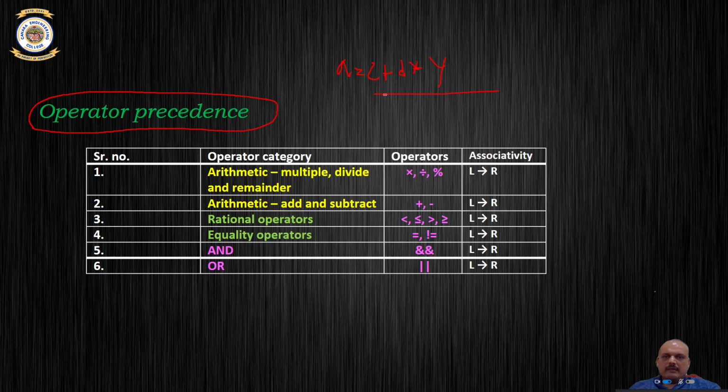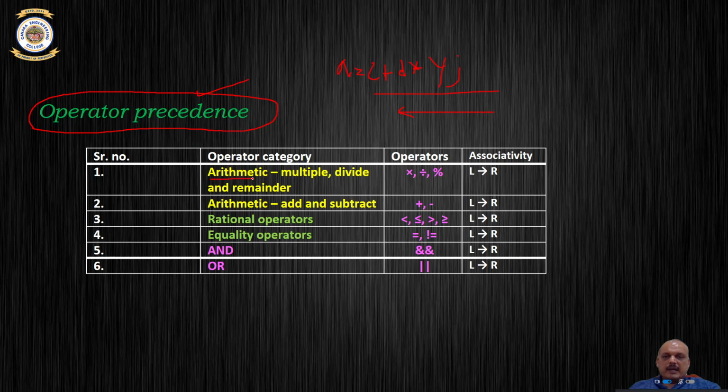Given an expression, what is the way in which the compiler starts executing this particular expression? Does it perform the addition first or the multiplication first, or does it take a path from left to right? That is called operator precedence. The operator which the compiler manipulates first is known as the operator's precedence.